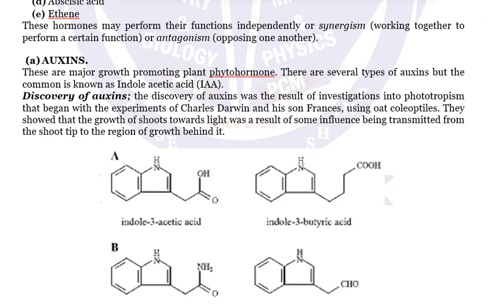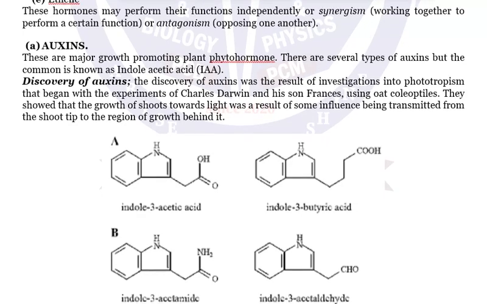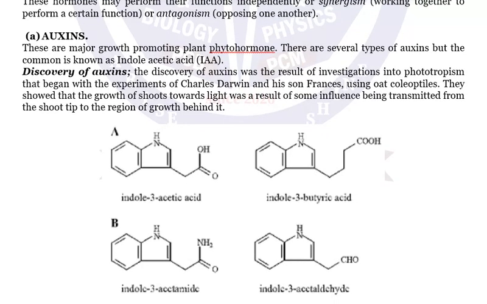Now, in the case of auxin, let us move to the discovery of auxin. As I told you, auxin is a group of closely related compounds. The most common one is indole acetic acid. As you can see in this chemical structure, this is indole-3-acetic acid, and we have this basic ring structure, which is indole, composed of a benzene ring and a cyclopentene ring. Together they form an indole, which is the basic structure.